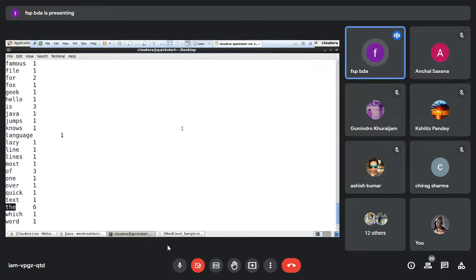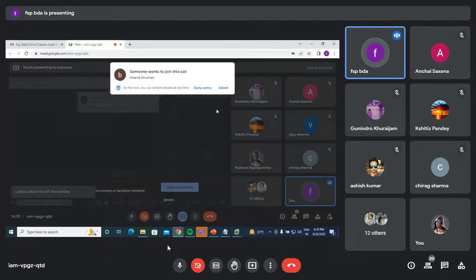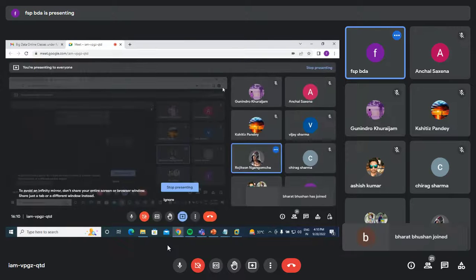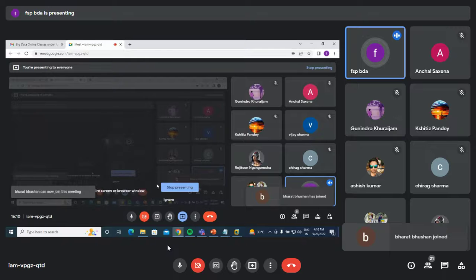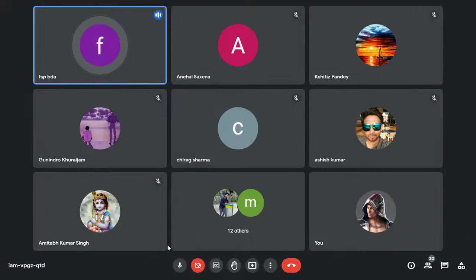What the program does, how it is splitting, how it is hard coded, how it is adding those ones, how it is summing it up, we will understand tomorrow. Today it's already 4:10 and I have to leave at 4 due to another meeting. I hope there is no issue till now. If anyone has any issue, please let me know. I will share all the steps so that you will be able to